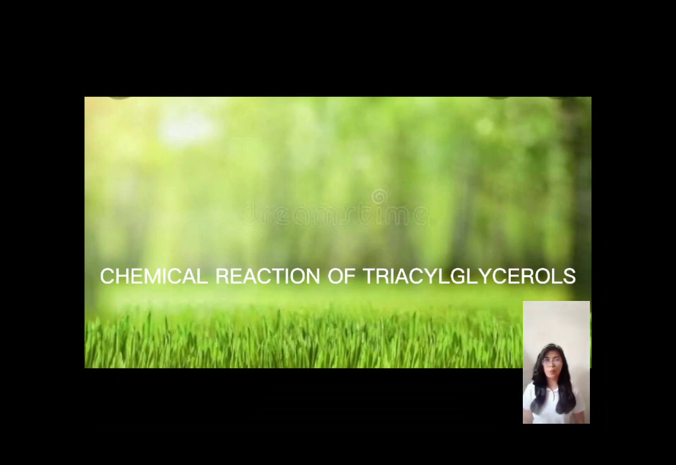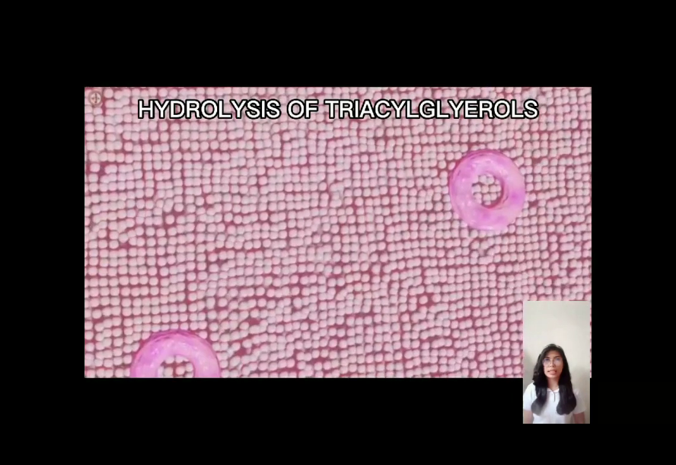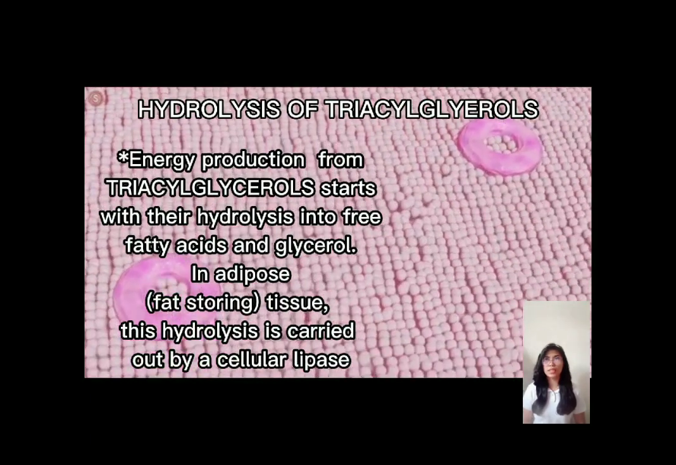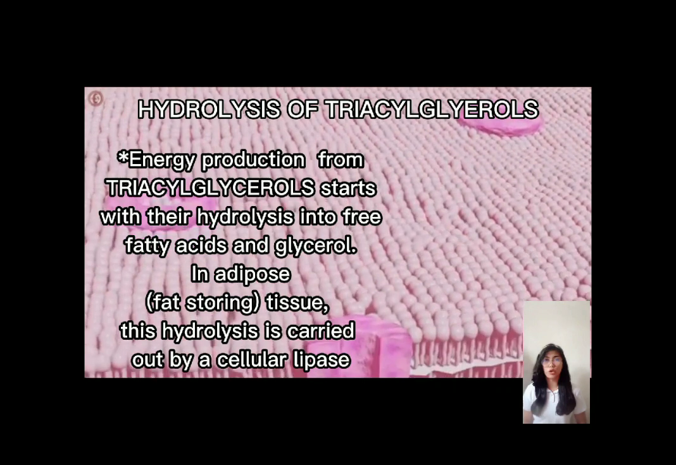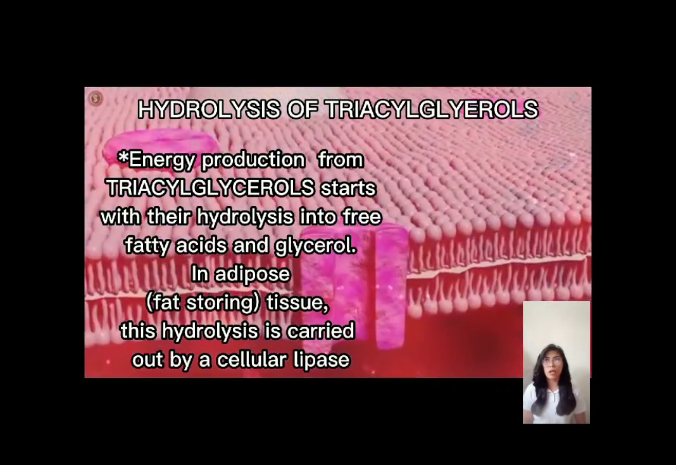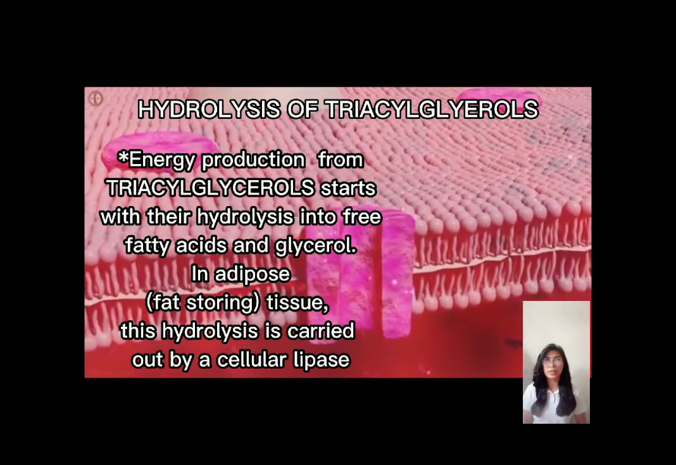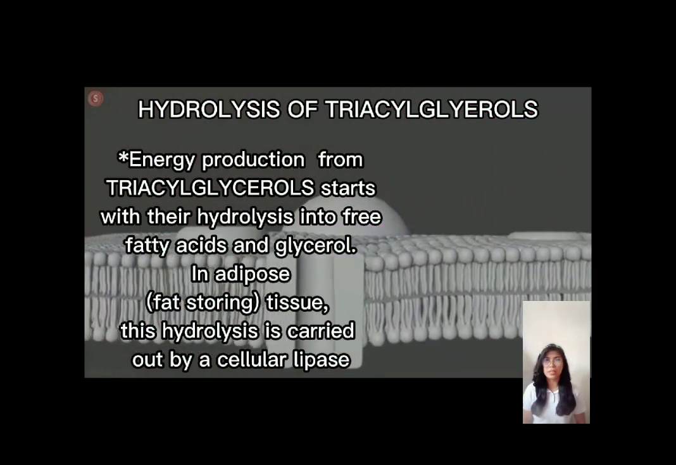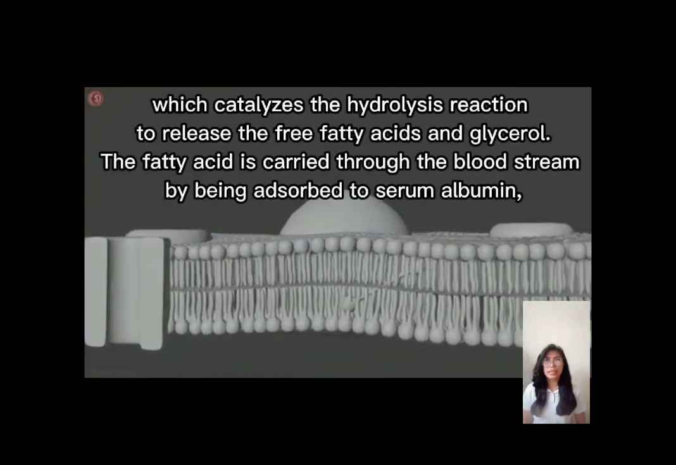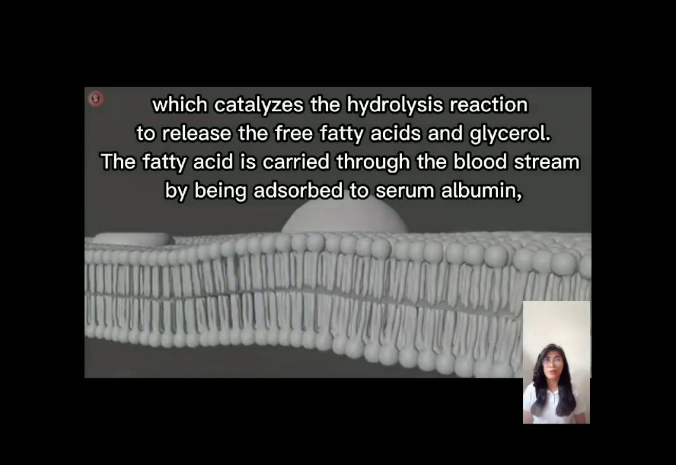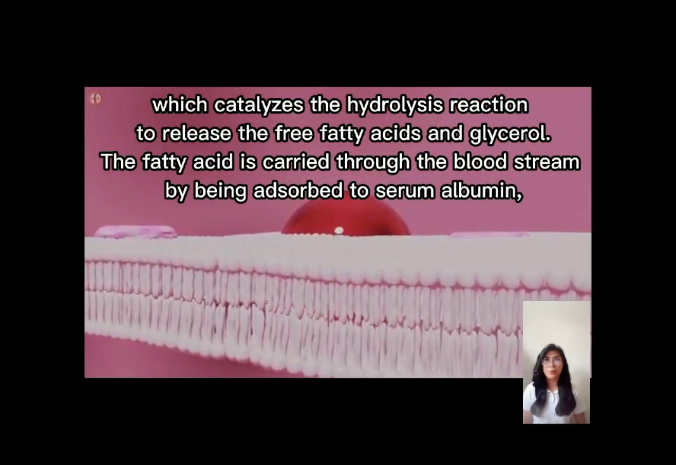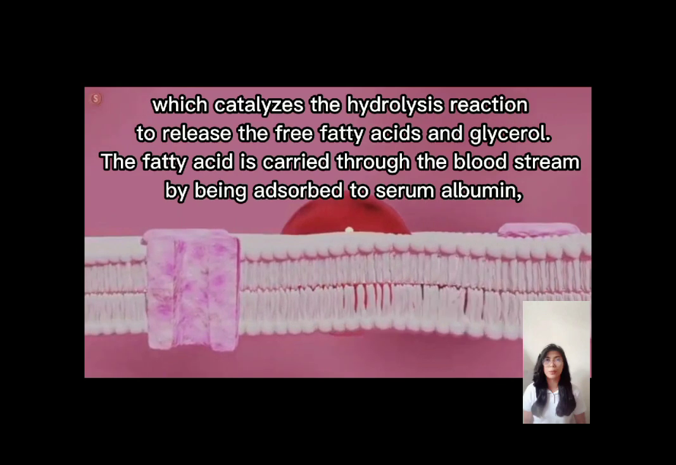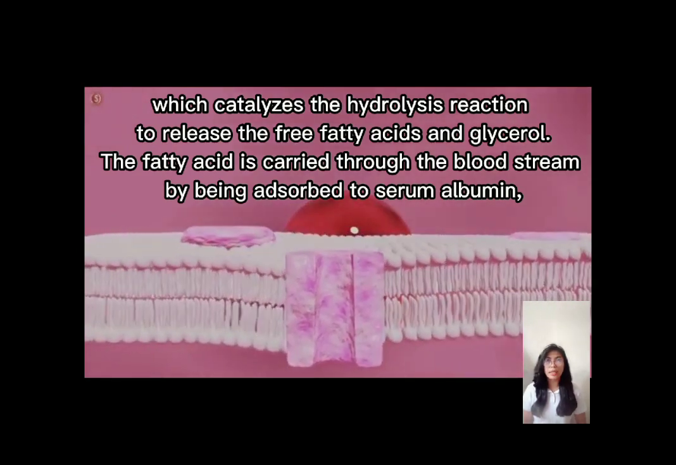Chemical reaction of triacylglycerols, hydrolysis of triacylglycerols. Energy production from triacylglycerols starts with their hydrolysis into free fatty acids and glycerol. In adipose or fat storing tissue, this hydrolysis is carried out by a cellular lipase, which catalyzes the hydrolysis reaction to release the free fatty acids and glycerol. The fatty acid is carried through the bloodstream by being absorbed to serum albumin, while the glycerol goes to the